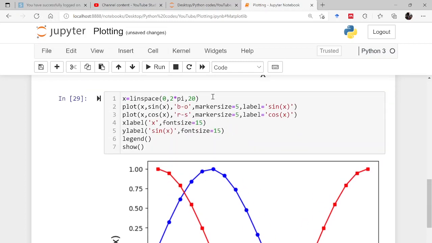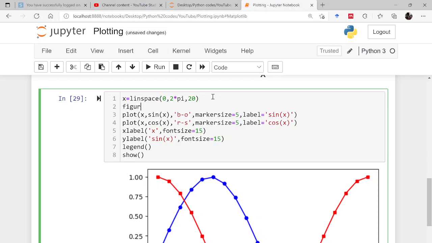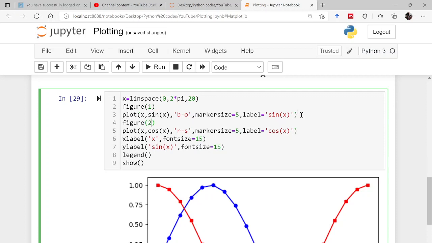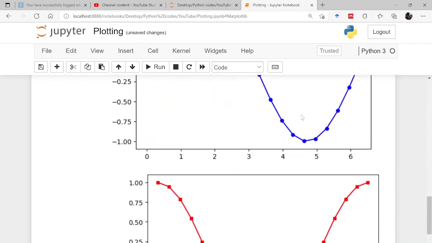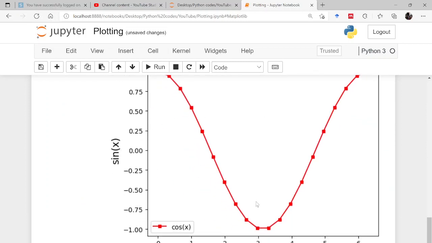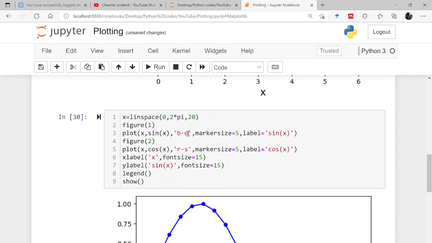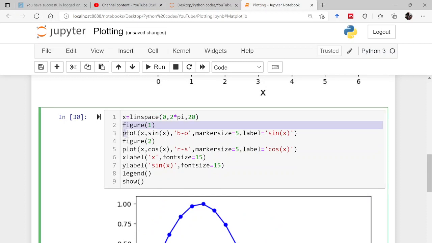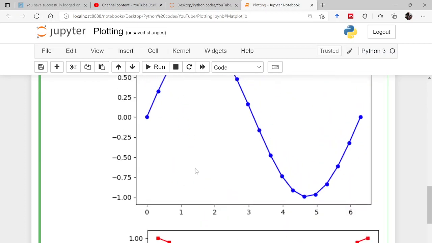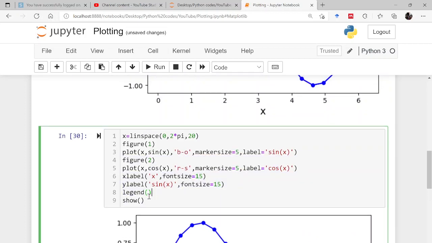Now you can call this figure by some name, let us say figure 1, and now if I use another figure 2, then what you will be able to see is figure 1 and figure 2, with the legend only in one, because figure 1 doesn't have any. So this is the environment of the first figure which is closing here, this is the environment of the second figure, and now this is the legend. So in this way you can draw many graphs. And let me remove the legend from here because that is not at all required in this particular case.